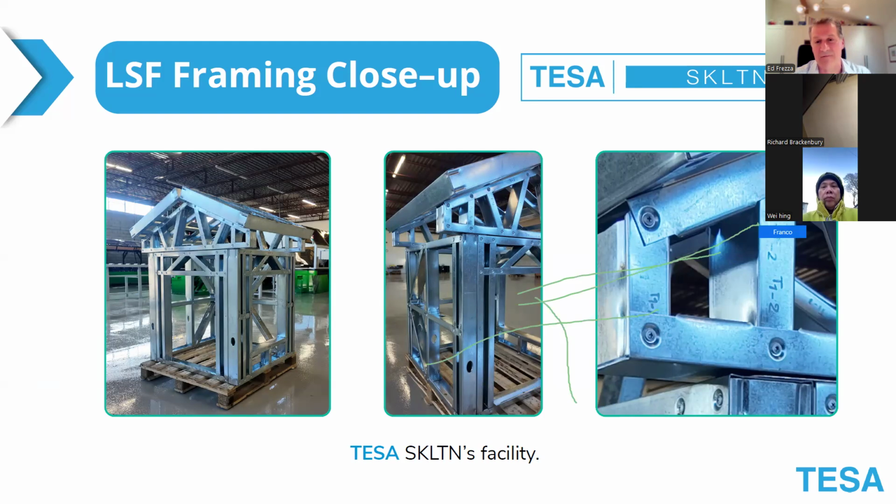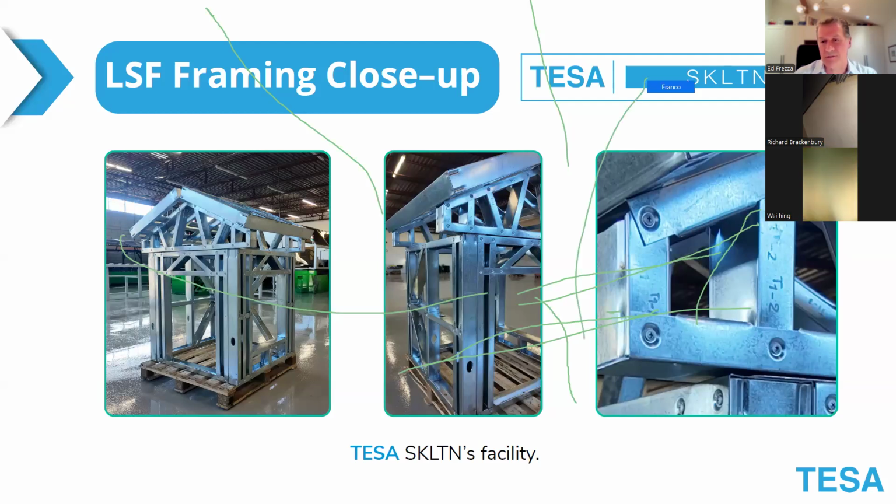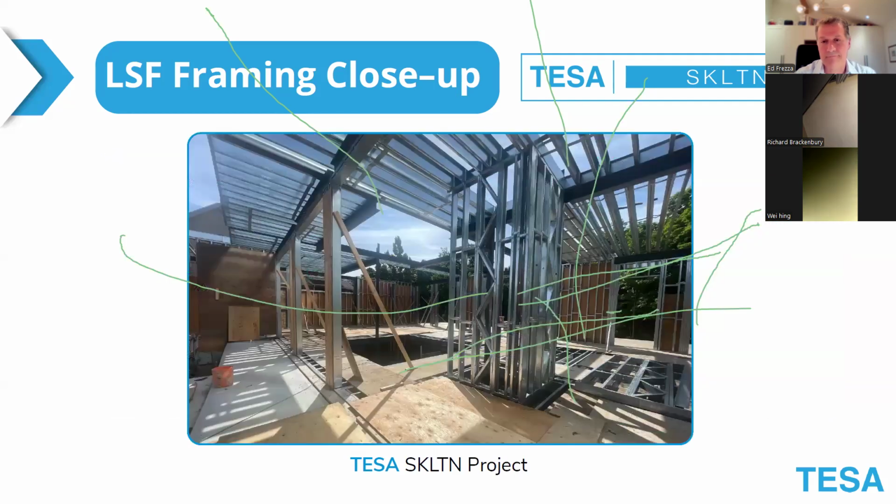So you'll see divots, and these divots allow for drywall to be put up without it sticking out. So it allows for a flat surface so that there aren't any issues. And this gives you a close-up of the load-bearing framing, so you can see how it actually looks on a site.